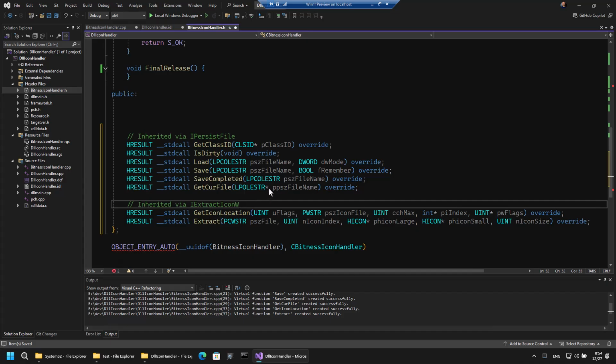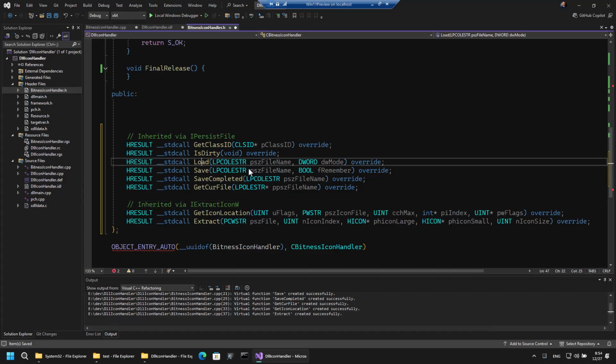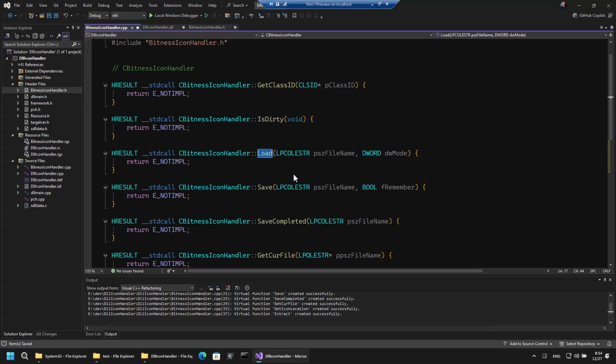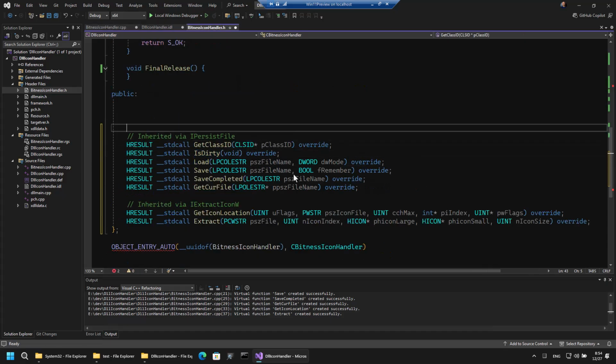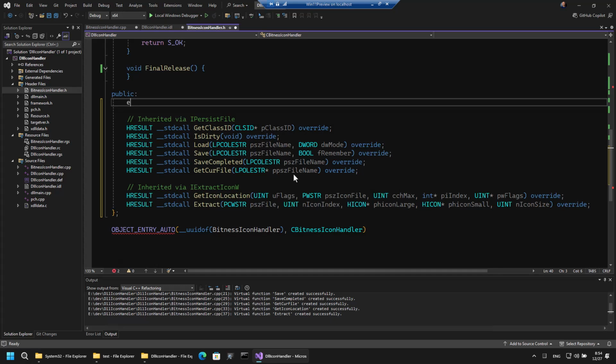The first function to implement is called Load from the IPersistFile, and this is where we get the actual file name that we want to process. This is where we need to figure out what is the bitness of this file, whether it's 32 or 64-bit. And so for that, we're going to declare a little enumeration here. Let's call that ModuleBitness